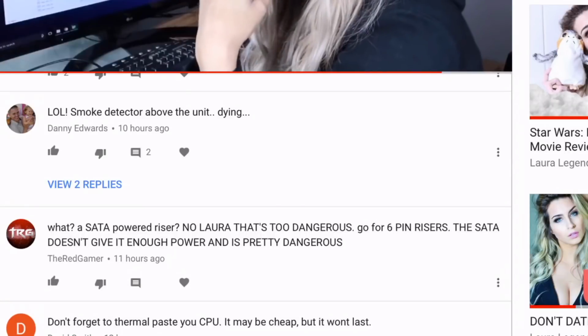What? A SATA powered riser? No lord, that's too dangerous. Go for 6-pin risers. The SATA doesn't give it enough power and it's pretty dangerous. I actually don't have enough 6-pin connections from my power source. I had to use the SATA to 6-pin adapters. I don't really know how I would get around that, but I will